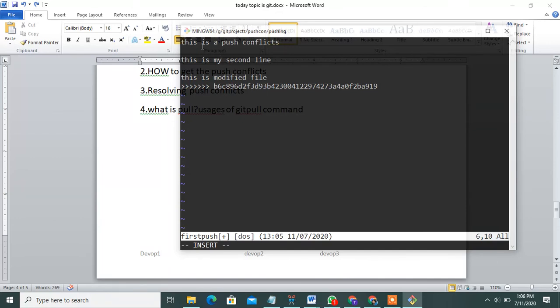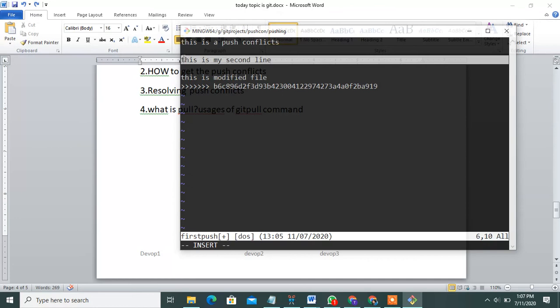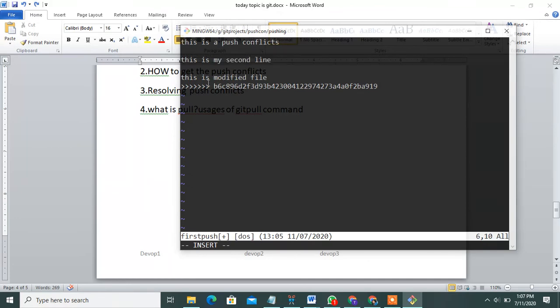Okay, this is the push command: first you write in the local repository as a developer. This is the second line. This is a modification in Bitbucket. This is the modified file. Okay, this content and ID are in the central repository also.